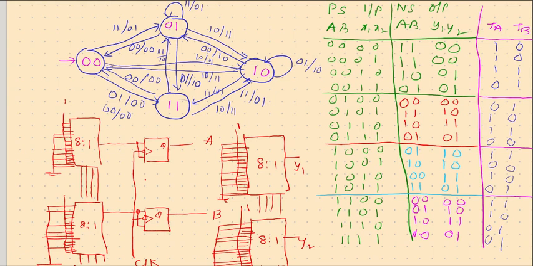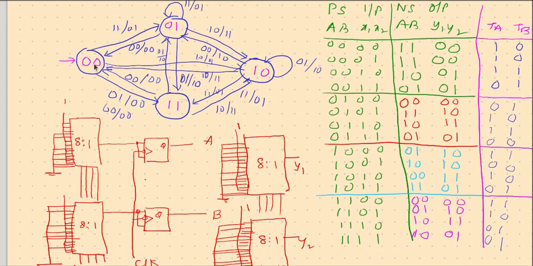After looking into designing of synchronous sequential circuits for smaller problems like the single input problem, now let us complicate our problem a bit. Instead of one input, let's have two inputs x1 and x2, and our machine consists of four states called 00, 01, 10 and 11, and you can see the transitions talk about input as well as output. Therefore this is a Mealy model.